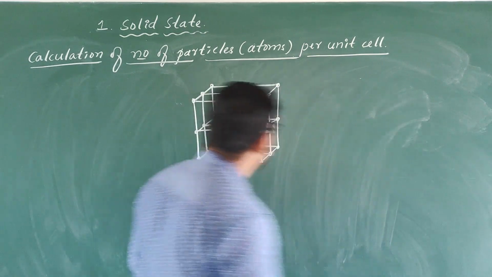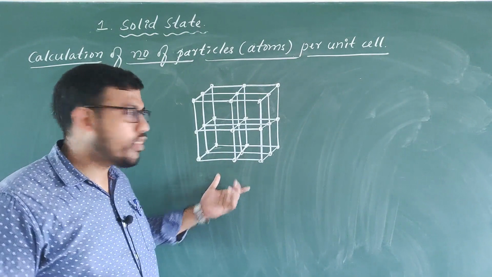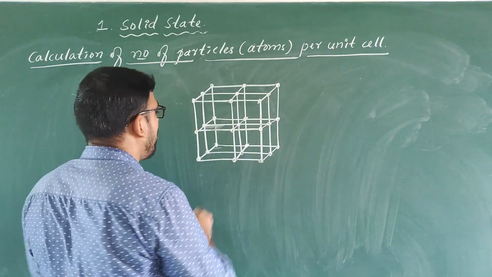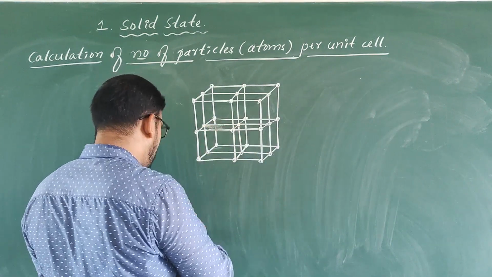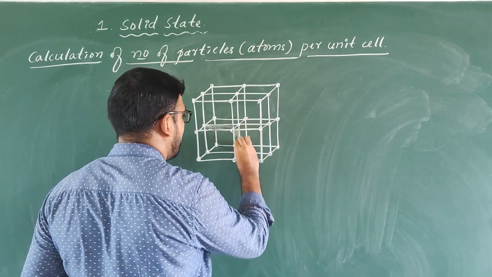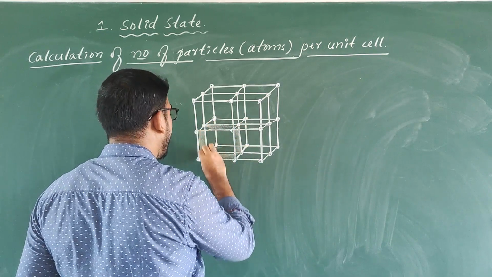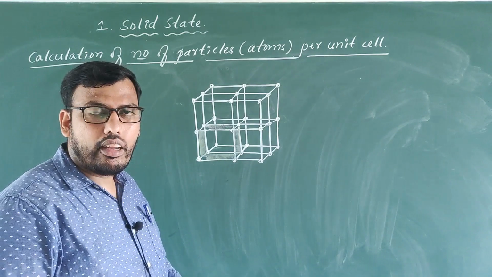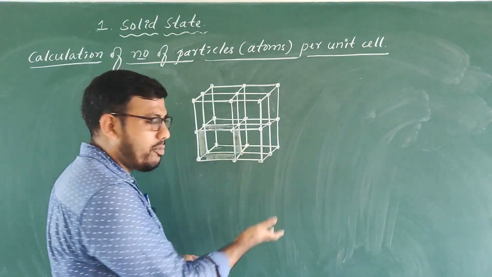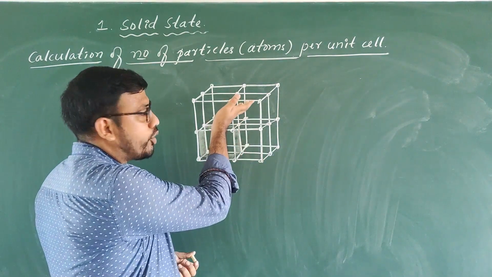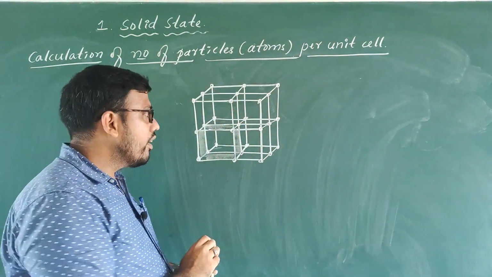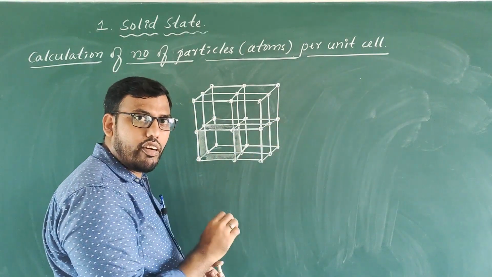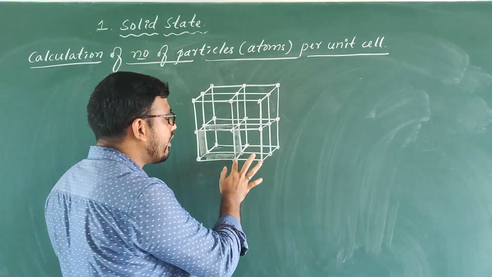So once again, if you go through this geometry and observe properly, you may find that there are about 8 unit cells in this geometry. We have arranged 4 unit cells at the bottom and another 4 unit cells in the upper part. So what about these points? These are all corner points. So we have particles only at the corners.